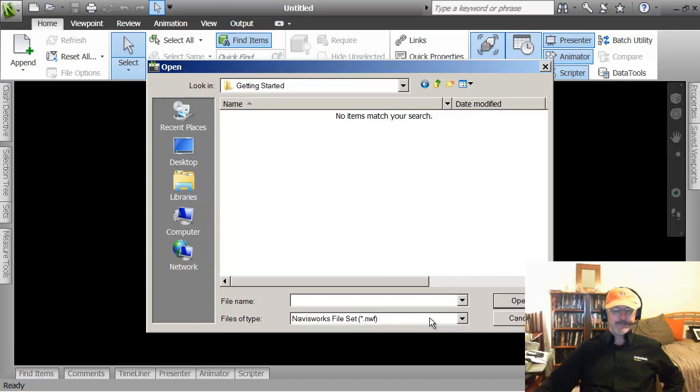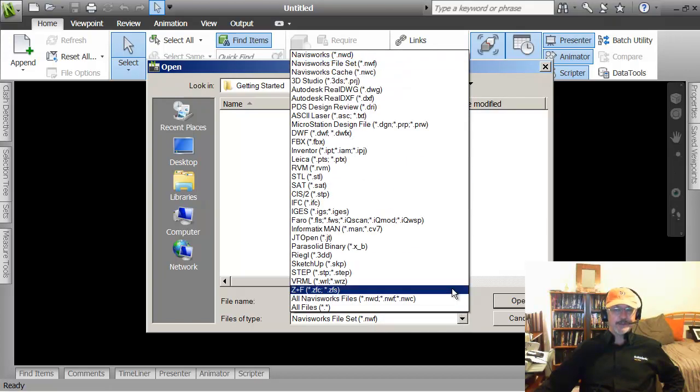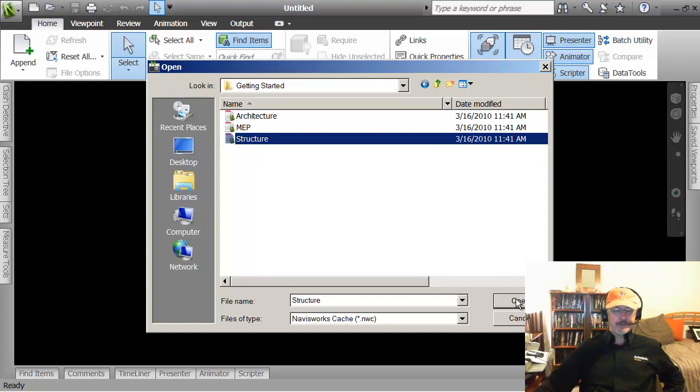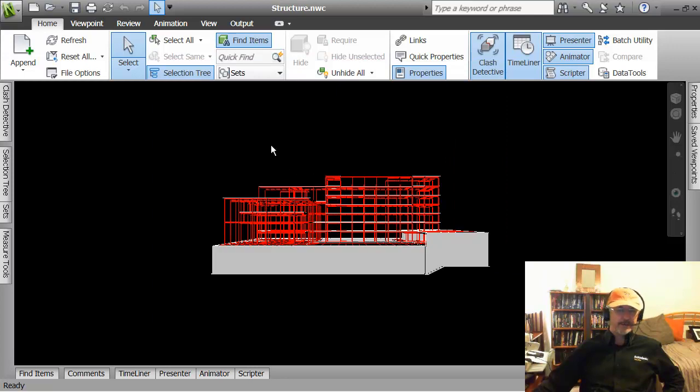the type of file that it's looking for is an NWF, and what you want to see is the Navisworks cache files. This one here, not the file set, which is the collection of all of the NWCs. We're going to bring in the NWC files that were created from the different disciplines. So if I open this, then my project file is linked to